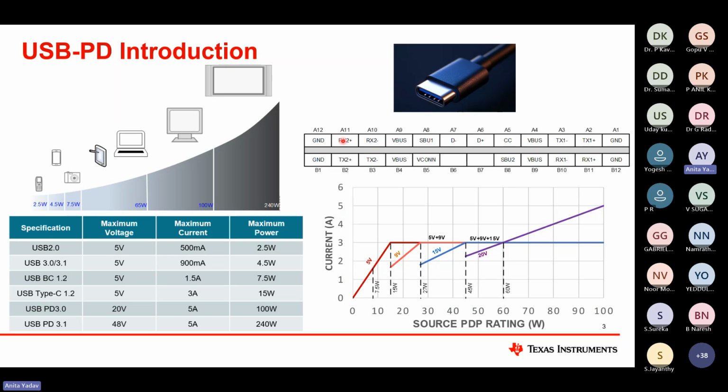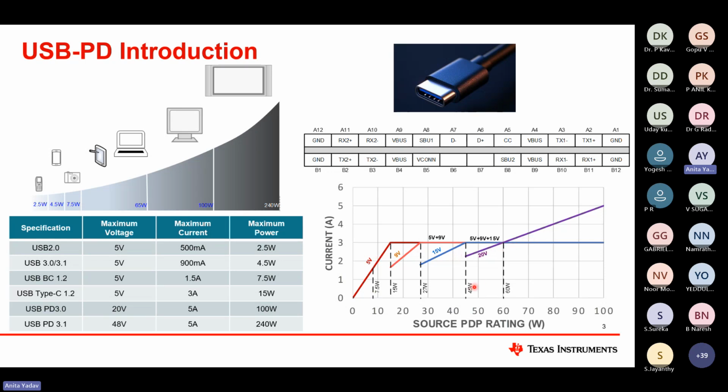The reason is it has replicated circuitry on both sides, and this is called a USB PD receptacle. So what I was earlier talking about, these are the max ratings, and then you still have multiple voltage ranges, which are 5, 9, 15, 20. With respect to power, the combinations of voltage and current that can be used are